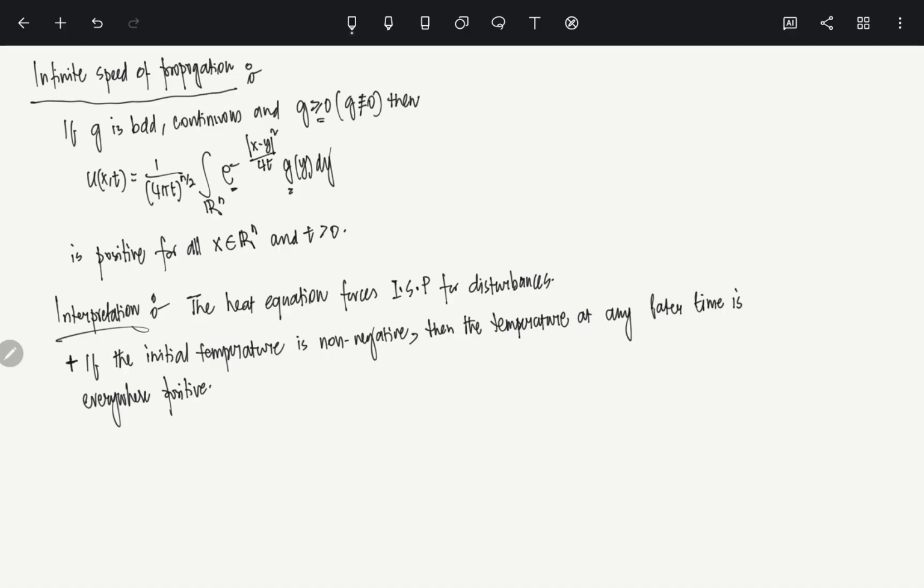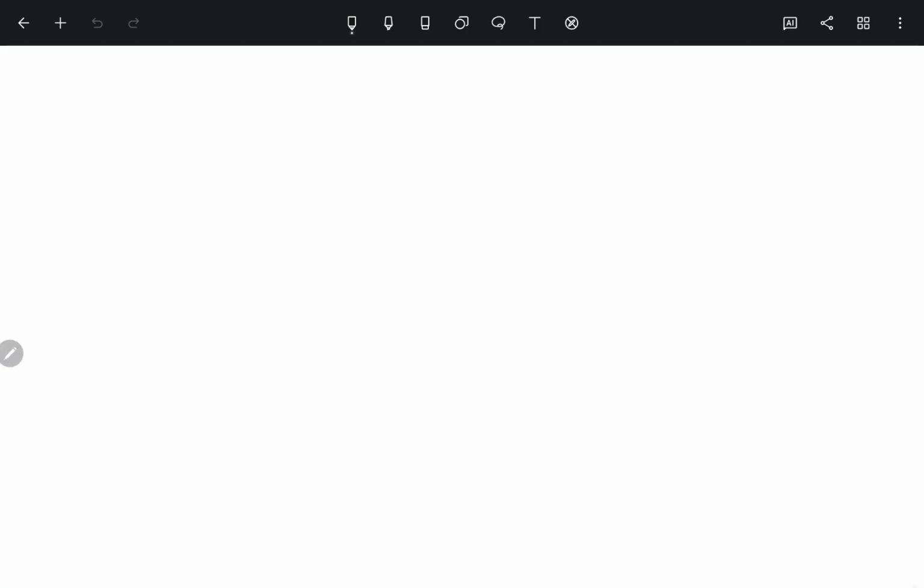Okay, now we want to prove something, and the proof of this particular theorem is a little complicated. What we will do is, let me tell you a little more about infinite propagation speed. So let us do it again. This is 1, this is 2. So let's look at this thing. Maybe I can first write down the strong maximum principle, not prove it, and then I will tell you what that infinite speed of propagation is. So strong maximum principle,